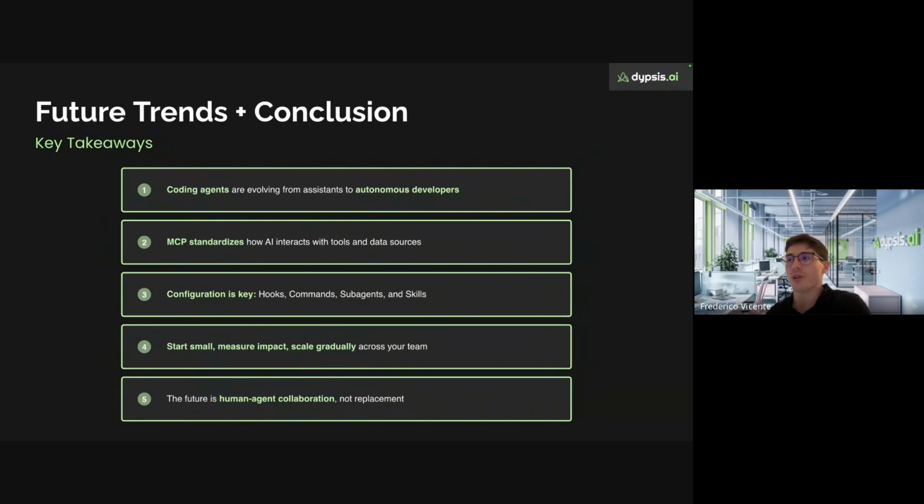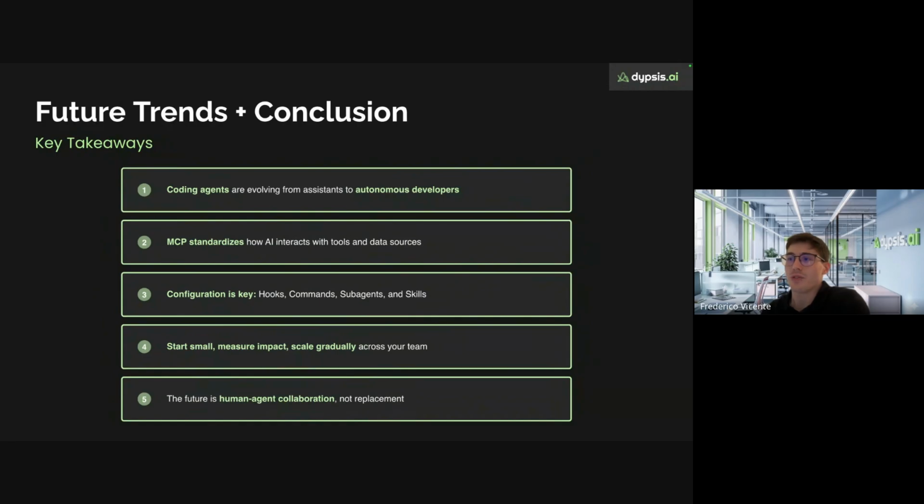So really spend time configuring this to be powerful, because as I mentioned, these systems have a lot of capabilities that can really provide you with great power. And if it's the first time you are using this, start small, measure the impact it's having, and gradually start doing more complex features, following more complex patterns, and you will see how powerful these systems can be.